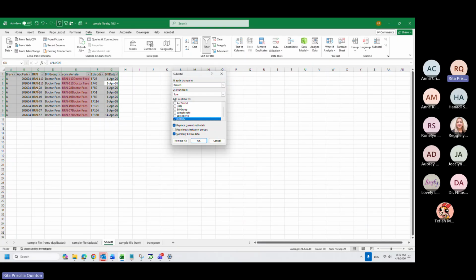Subtotal divides your data based on the change in whatever you choose. For example, I want a space and a subtotal for each change in MR number, and then use the function.